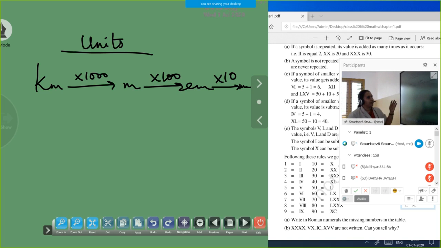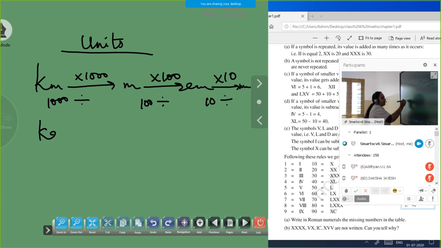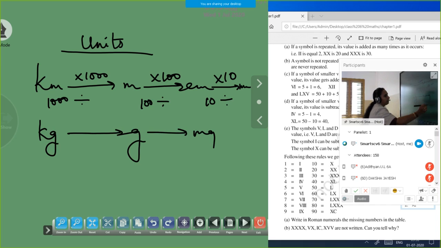The same thing we have to repeat. Millimeter to centimeter means we have to divide by 10. Small to big is division. Centimeter to meter we divide by 100. Meter to kilometer we divide by 1000. Like this we are doing. Okay. Then the same thing we repeat in the case of weight: kilogram, gram, milligram. Okay, the same thing we are doing.